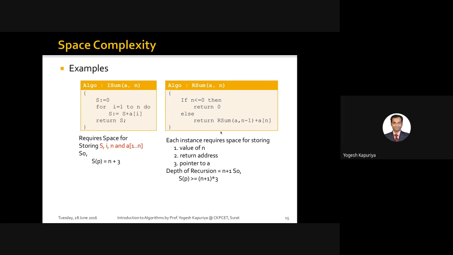So this is what the equation will look like. If I want to compute R sum of A and n, A is an array, n is the size of the array, then you have to first compute the R sum of A with n minus 1. That's what we are doing here. And then there is the nth number we are adding into that. That will give you the summation of A to n.